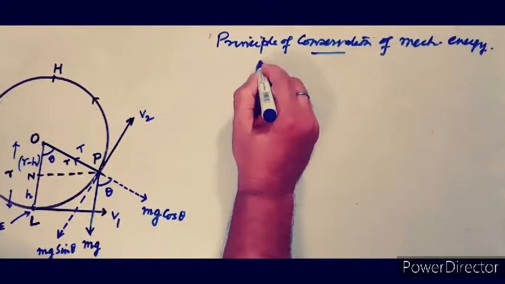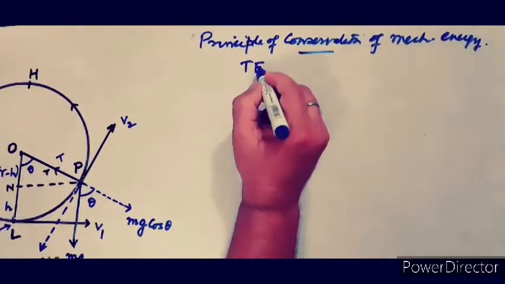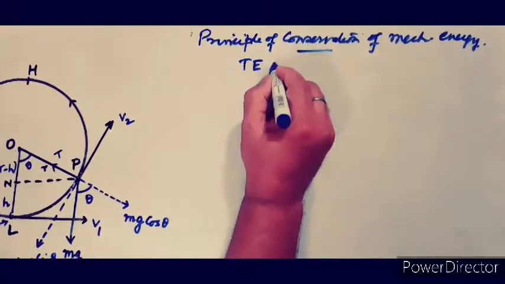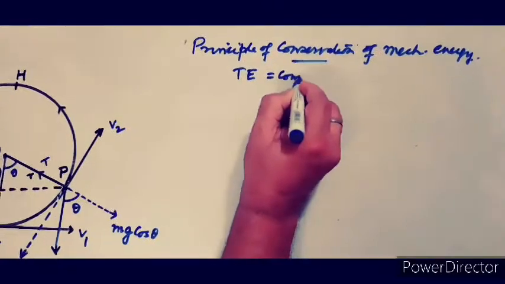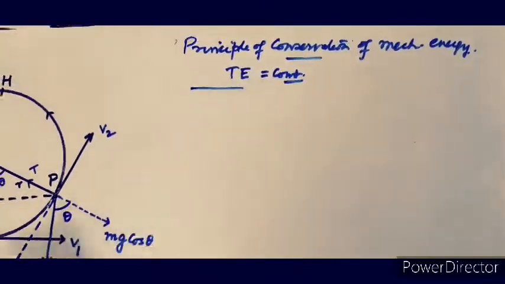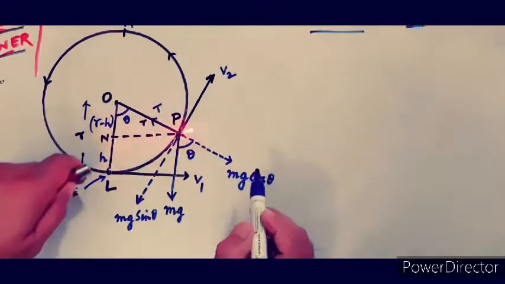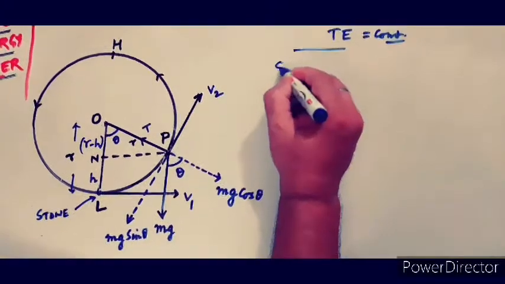It means the total energy, potential plus kinetic, at each point should be a constant. That is the principle of conservation of energy. So here we have taken two points, L and P. Step 1: